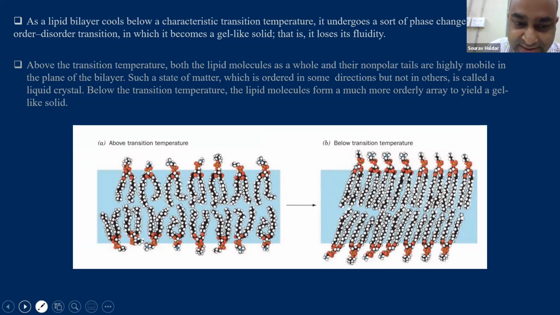One of the main features of this so-called phase transition in the bilayer is that above a specific temperature, all the lipids will be more relaxed and more dynamic, in a fluid phase. On the other hand, below this particular temperature, which we call the phase transition temperature for a particular lipid composition or species, the lipids are very closely packed, and their mobility is kind of restricted.